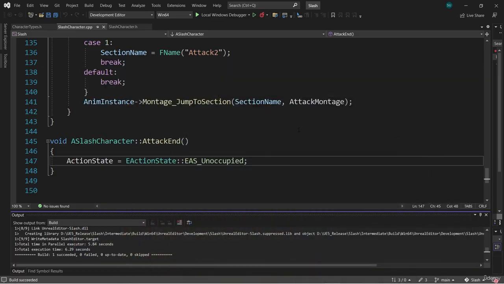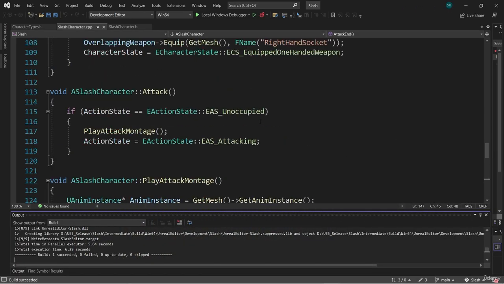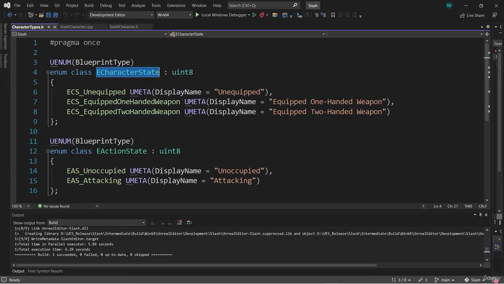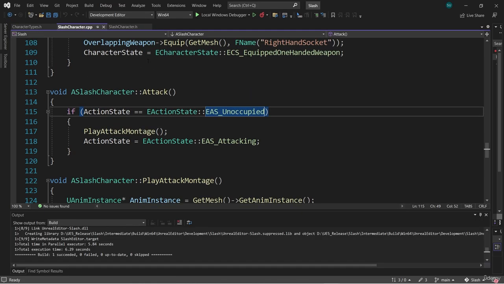Now that's an easy thing to prevent. If we go into our attack function, we're checking to see if our action state is unoccupied. But really, we should also check to see if we're unequipped as well. So what we could do is check our other enum called character state, which is how we know if we're unequipped or not. We could come in here into the attack function and place an AND here in the condition